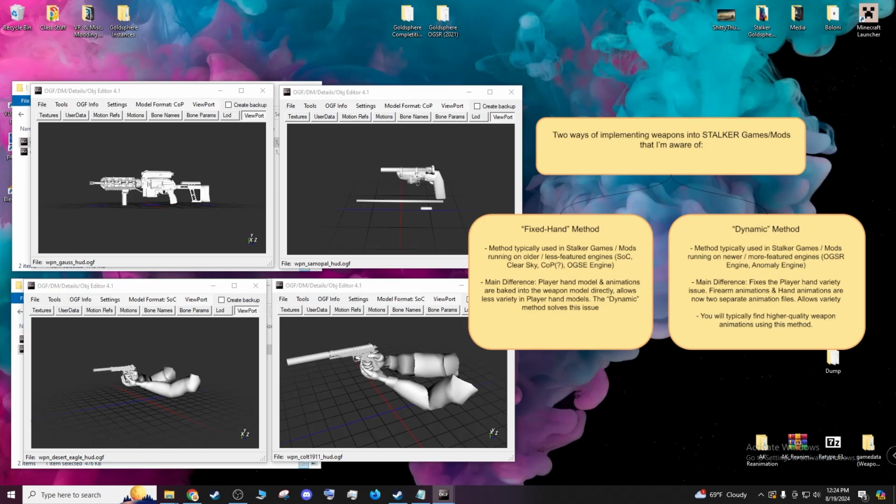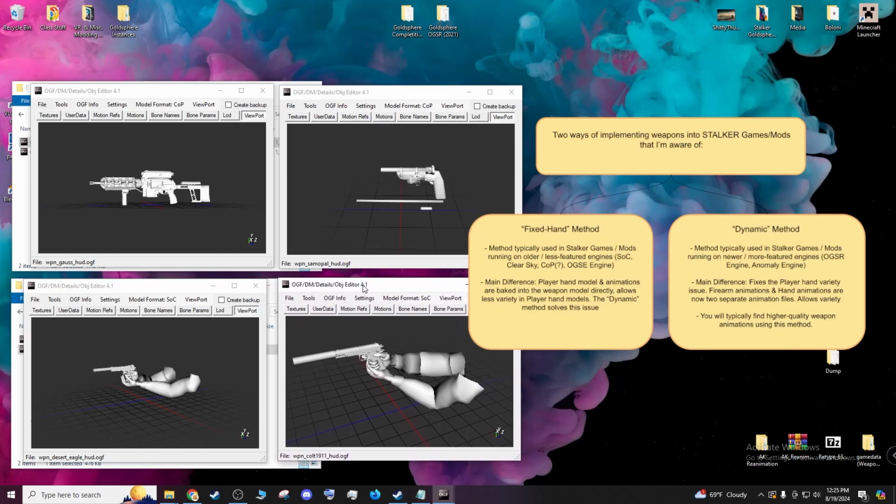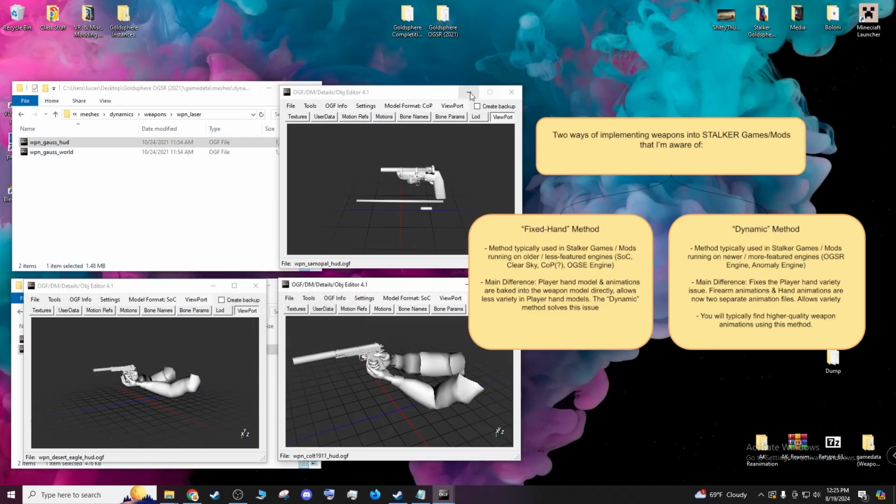And for this one, the dynamic method, the main difference is that firearm animations and hand animations are now two separate animation files. Allows variety. So, for example, what I mean by firearm animations and hand animations being two separate files, I'll explain this in a later part, but to quickly summarize,